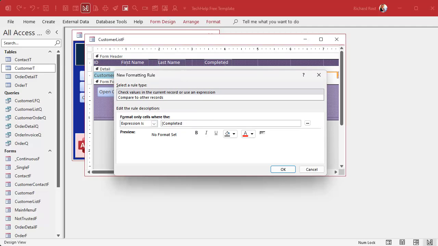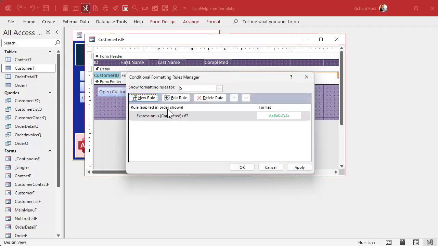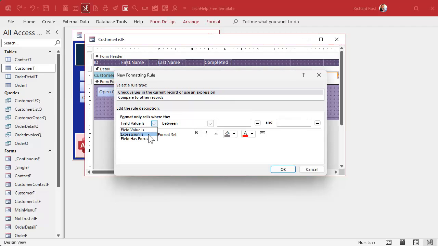Completed, spell it right, is greater than 67. Make the foreground color green. And hopefully you get the same color green you had before. Right? New rule. Expression is